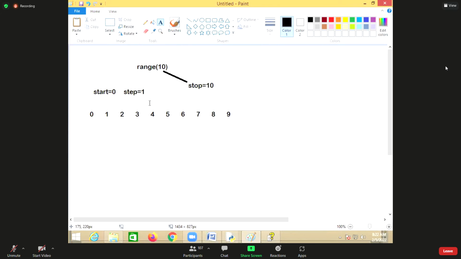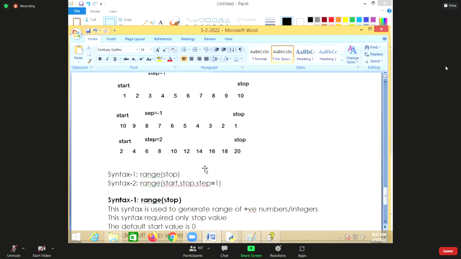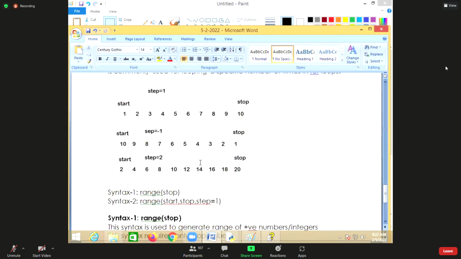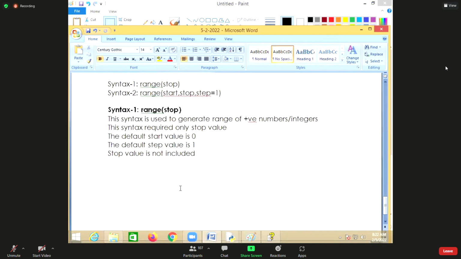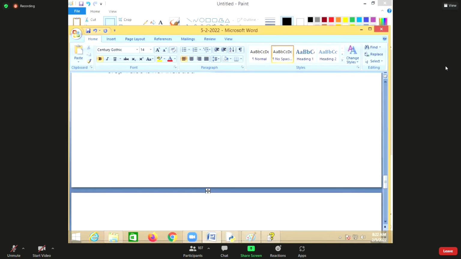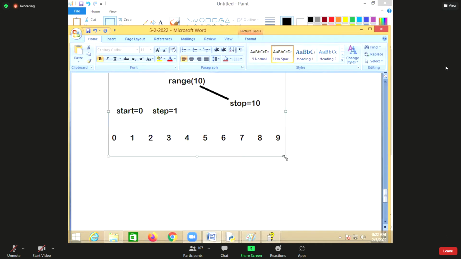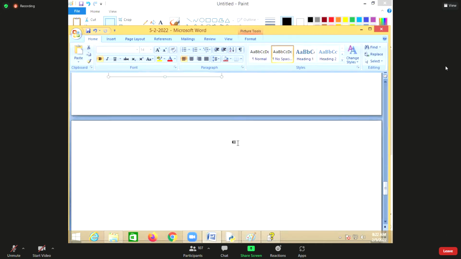Now this is used to generate only positive integers but not negative integers. So stop is not included. Stop is excluded. So how can I work with this?